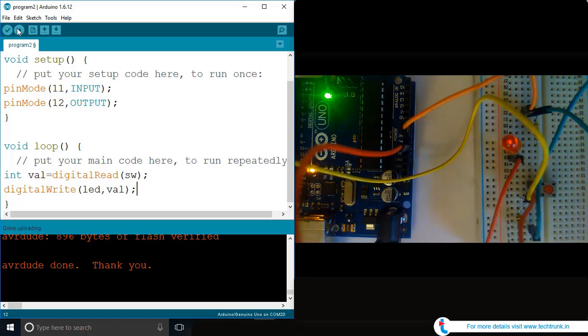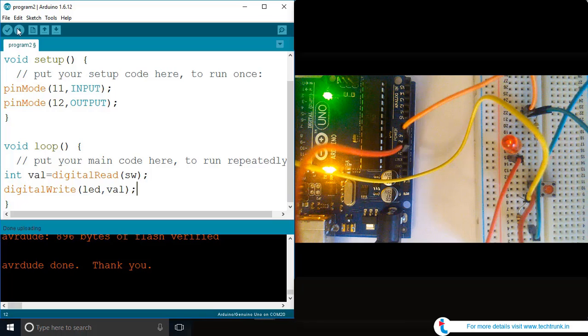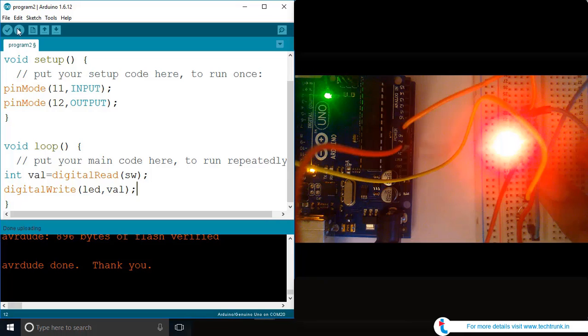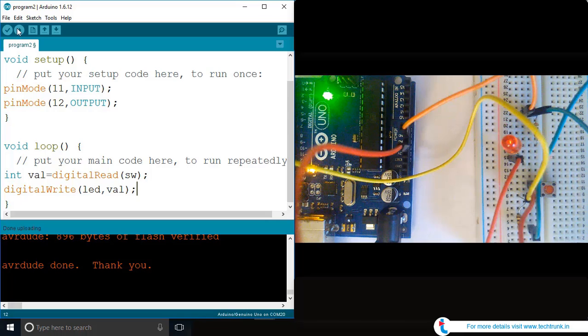Once we're done with uploading the program, we can see the LED on pin number 12 is off, and we can control it using the switch. If I press the switch, the LED should be on, and I'm pressing the switch, and you can see the LED is on. As soon as we release the switch, it should go off. Again, if you press the switch,